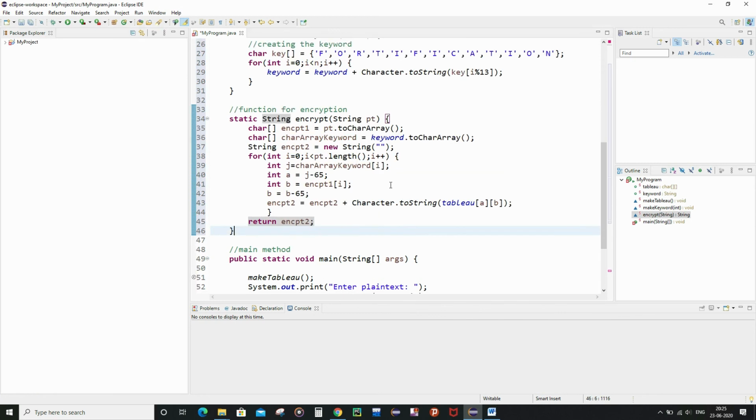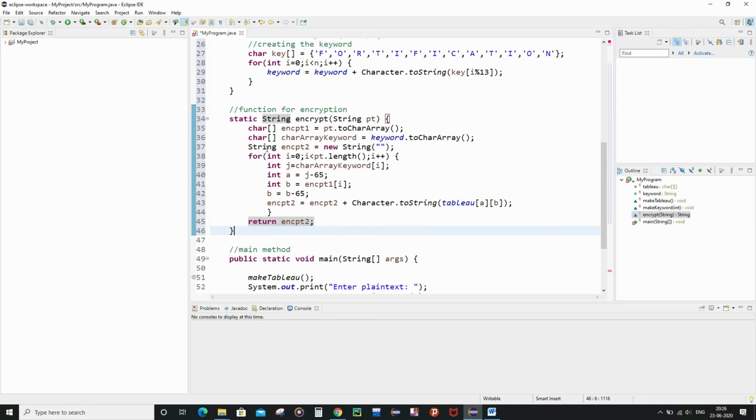Now after writing the encryption function, let me explain the details. First of all, as you can see, it is going to store each of the characters present in the plain text inside the ENCPT1 character array, and the same thing is going to happen to the characters of the keyword, which is going to get stored inside the char array keyword.